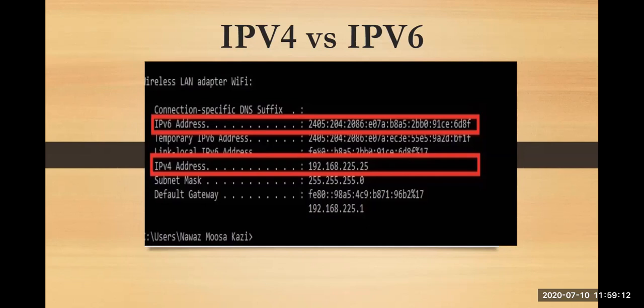IPv6 is used more as compared to IPv4 because it is compatible with many of the mobile networks. IPv6 gives you a large amount of IP addresses. The payload is always low when I compare it to IPv4. IPv4 payload is always high because at times it comes with the scarcity of IP addresses.